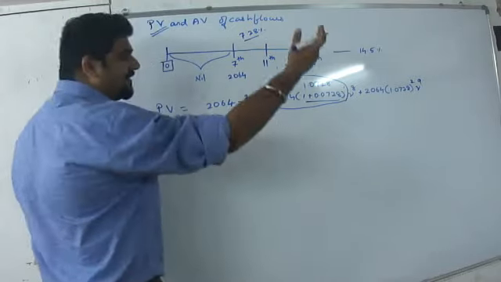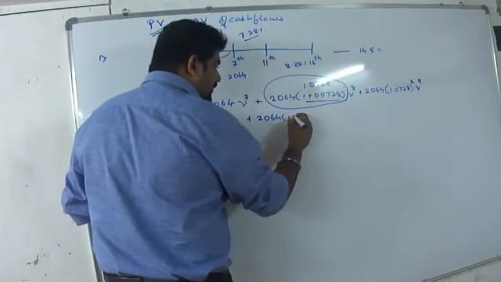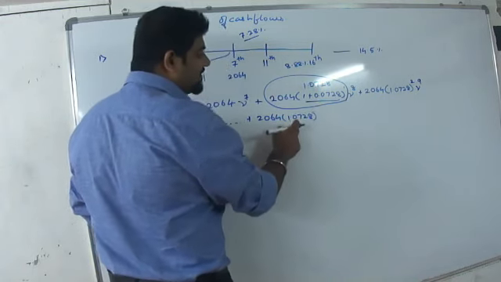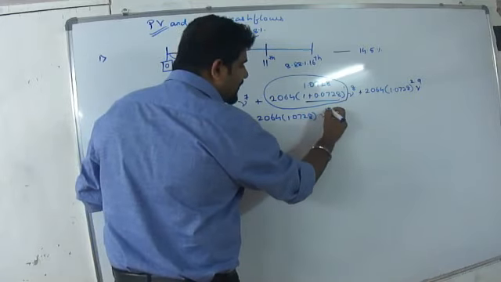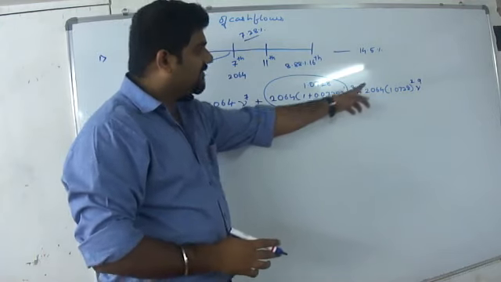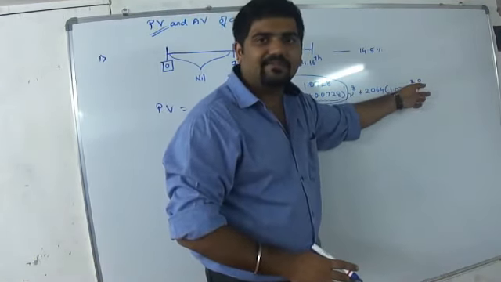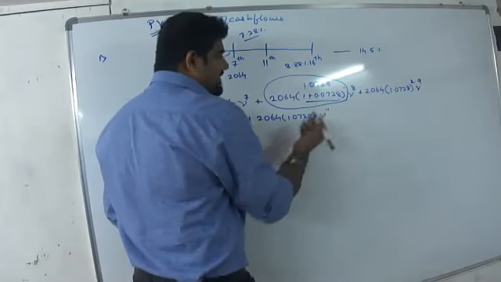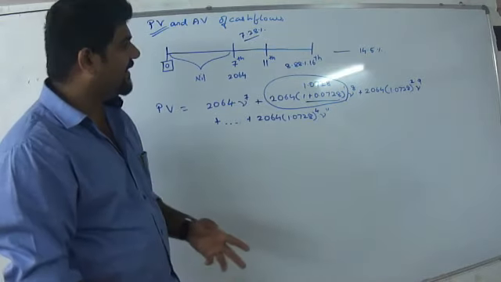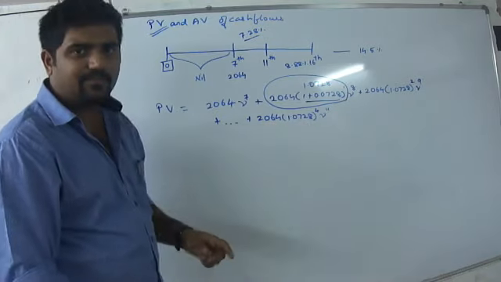take it to my 11th year, where it will once again be 2064 into 1.0728. What will be the power over here? See, this is the 11th year. So can I say my discounting factor is raised to the power 11? We can notice that there is a constant gap of 7 between the two powers. So 11 minus 7 is going to give me 4. In the 10th year it is to the power 3. In the 11th year it is to the power 4.